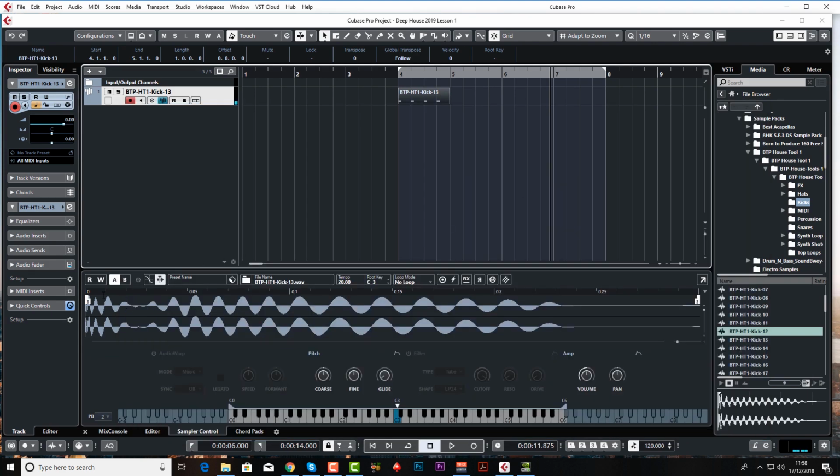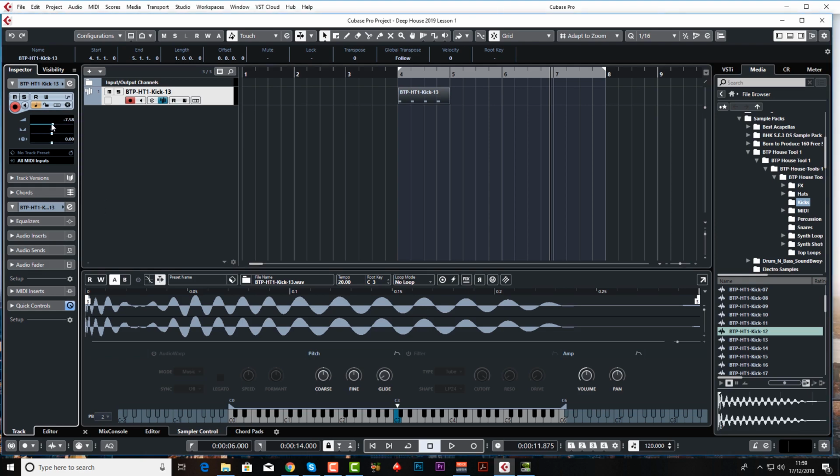I'm also going to turn this down, because if we start everything at 0 dBs, by the time we've got a few more tracks added together, and this track will probably end up with 40 or more tracks, we're going to be massively distorting and peaking. So what we do is we start off with the very first sound we bring into the project, which in my case is always a kick drum. We turn this right down,